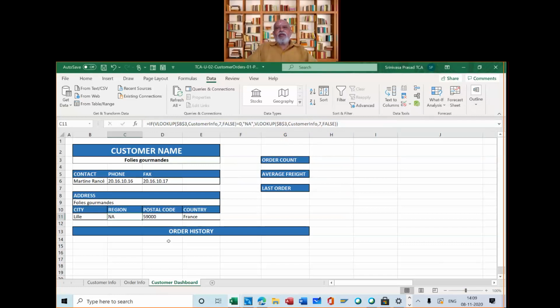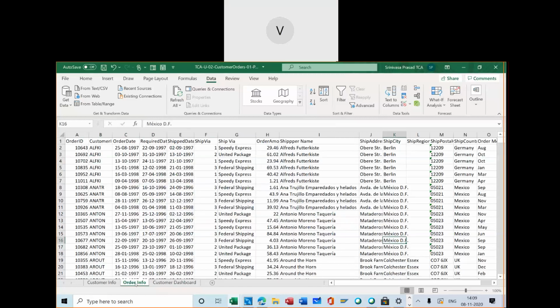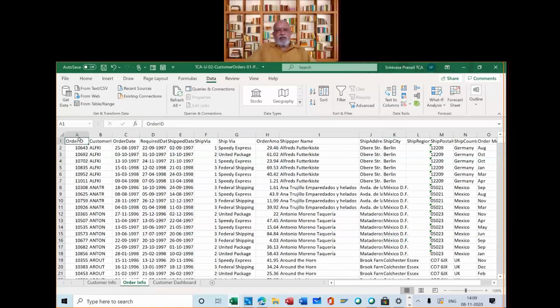Now, what we wanted to do was get the details of this particular customer to come here, order history and other things. So we went back to this order history. We selected the first heading row also, and before that, without forgetting, I think yesterday this step was missed by someone.